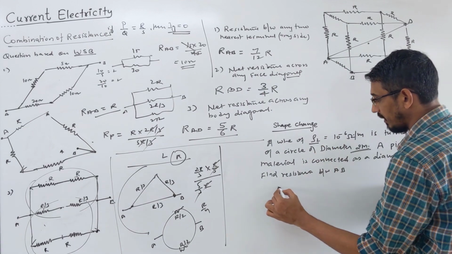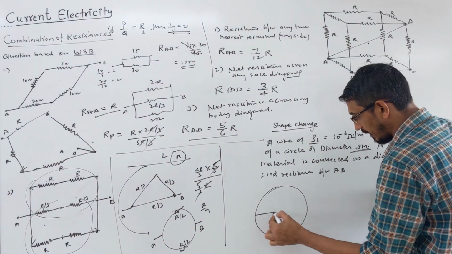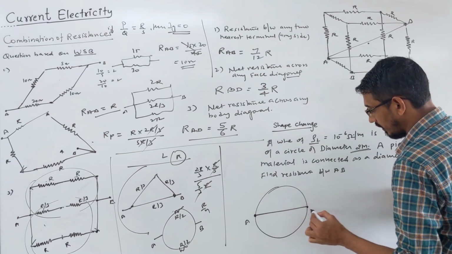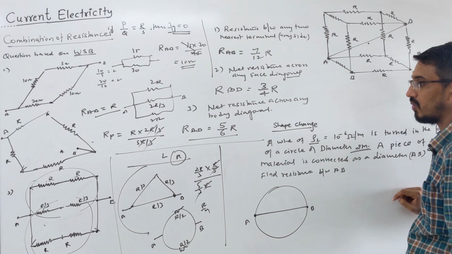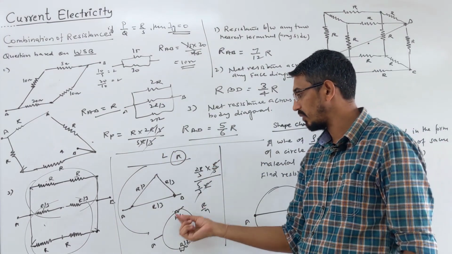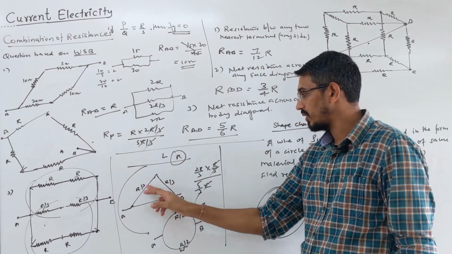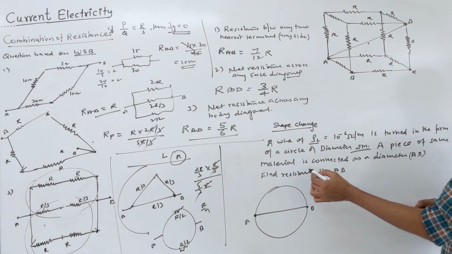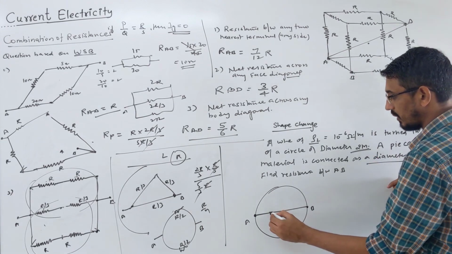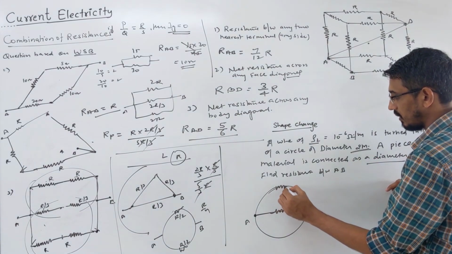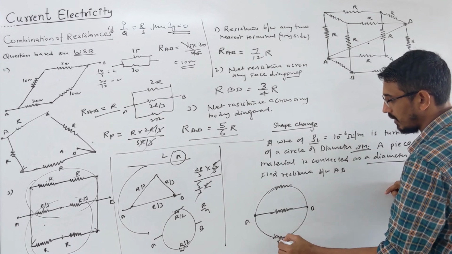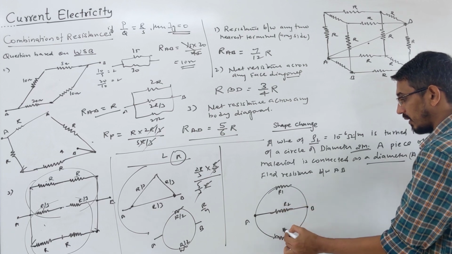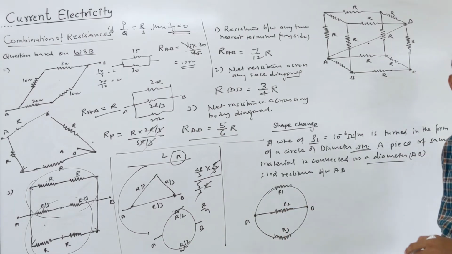So the wire we had, they turn into a circle and they tie another wire at this point also. This is A, this is B. So now we actually have three resistances, not only two. Like in this case, when you turn the wire into a circle, you have two resistances, right? Turn it into a triangle, you have three resistances. Okay. So you turn it into a circle and we tie this across the diameter also. So this is one resistance, this is another resistance, this is another resistance. Three resistances in parallel we have. You give names, this R1, R2 and R3.